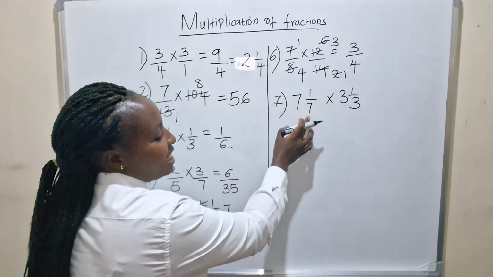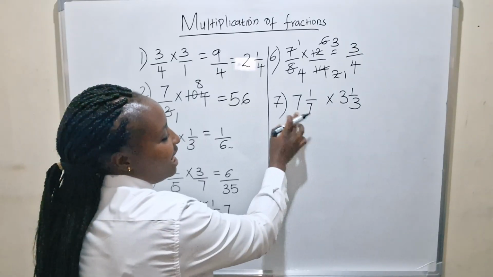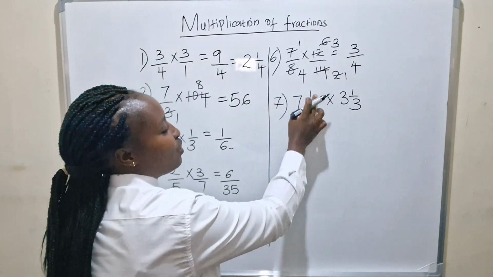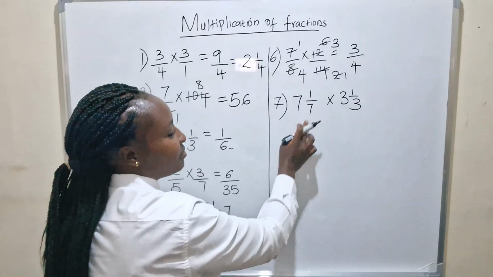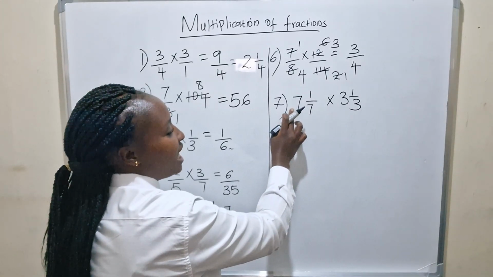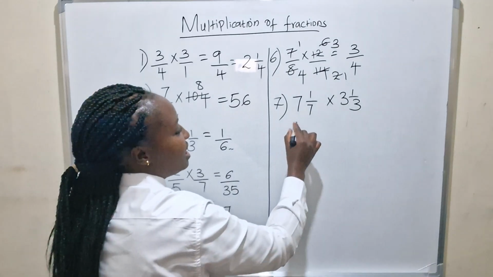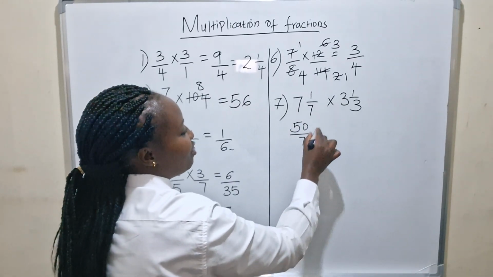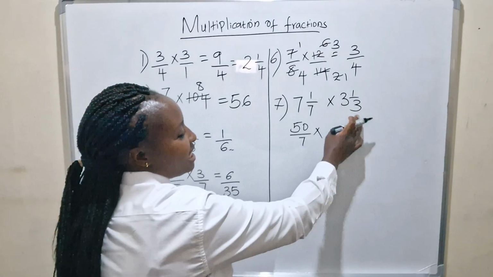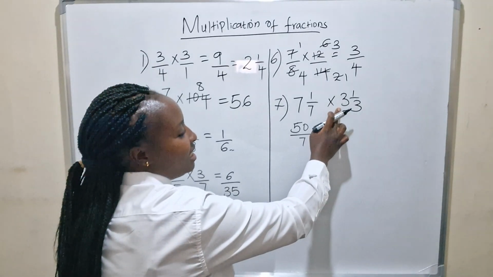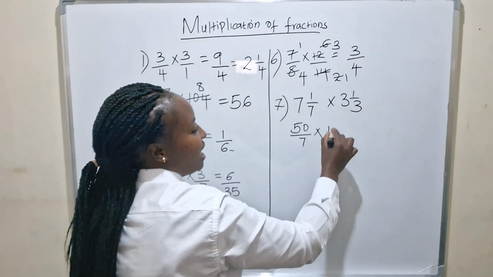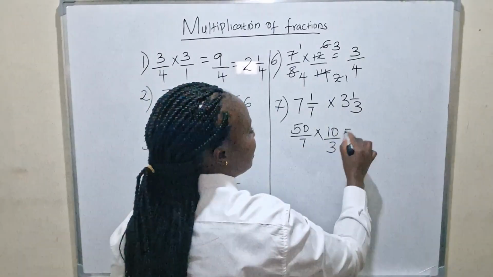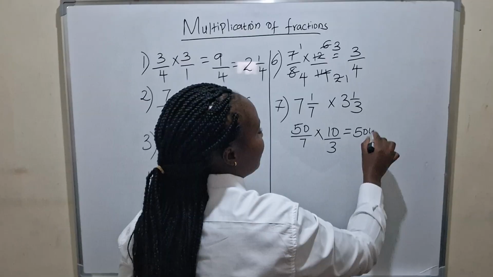You multiply the denominator and the whole number. So 7 times 7, that is 49. You add the numerator here. So 7 times 7 is 49, plus 1 you get 50. So that is 50 over 7. You multiply by 3 times 3, that is 9, plus 1, 10 over 3. And you get 500 over